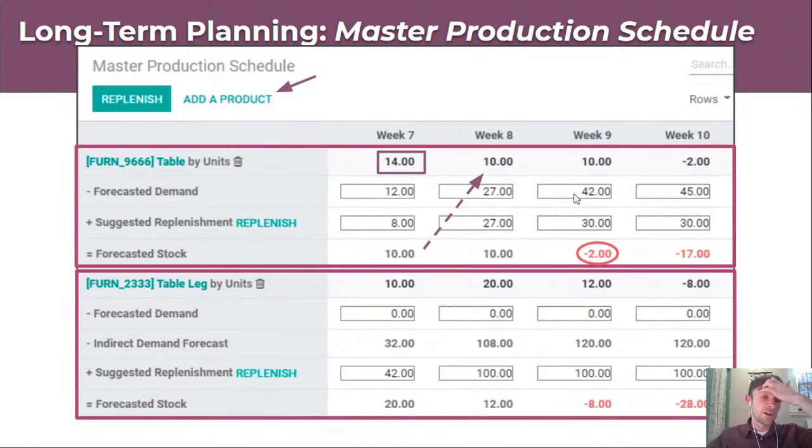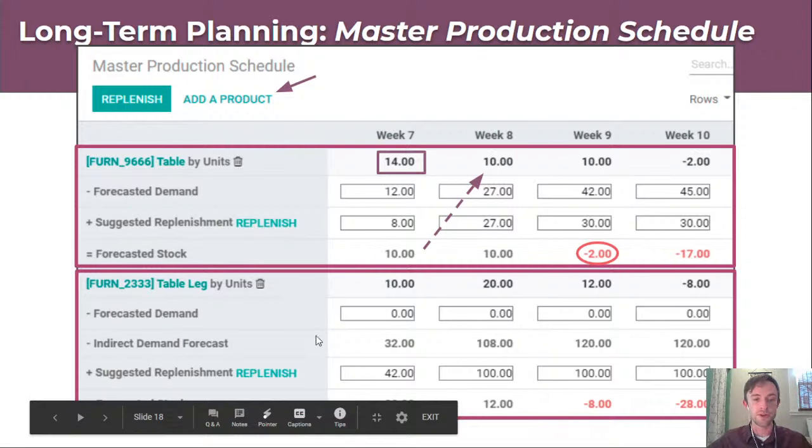And then down below here, you'll see a component. This is not a finished good, this is a component because the MPS is very useful for components too. The table leg, basically, it is a component that belongs to the table. There's 4 legs in this table, and so that's why you have, instead of regular demand, you have the indirect